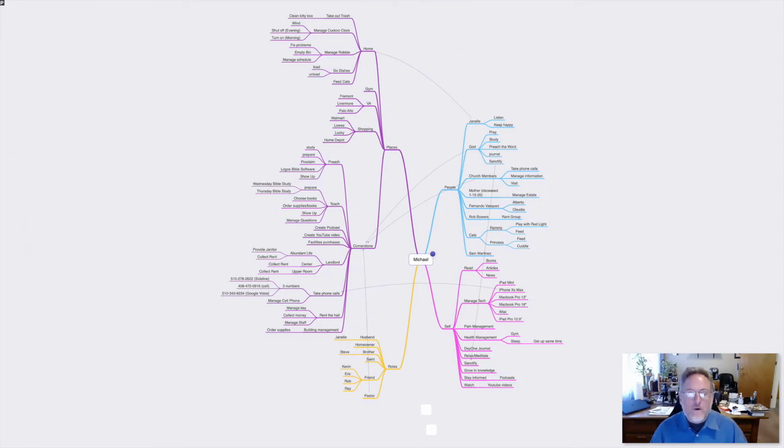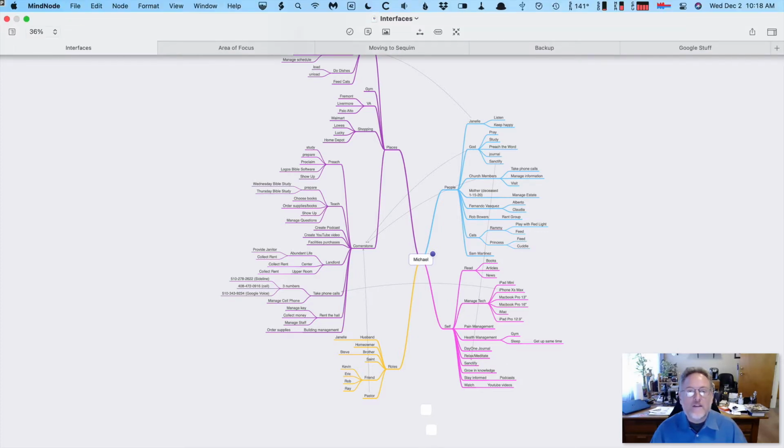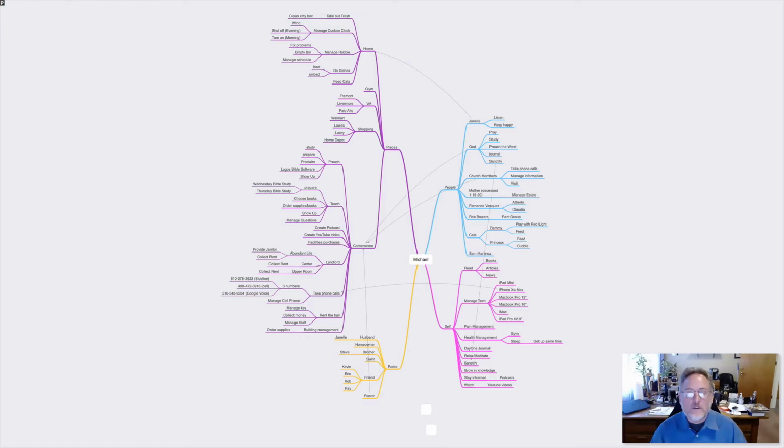So MindNode is a mind mapping piece of software, and it is where I dump everything that I'm working on. This one is called Interfaces because it's every person, place, or thing that I come across. So I have people in my family, I have my technology, I have my health management, I have church management, I have doing the dishes, I have everything that I do on this.